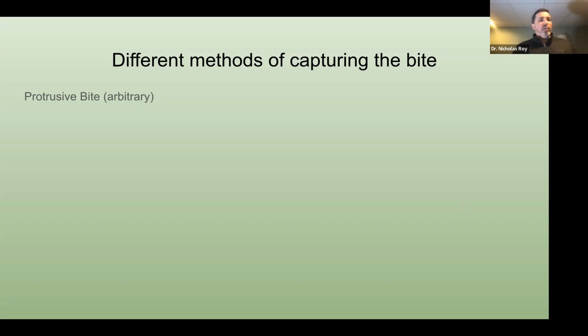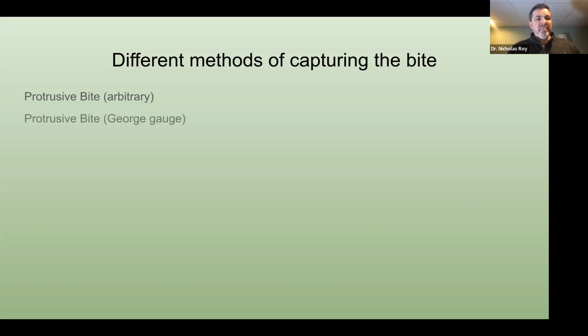Now keep your eyes closed, but then jet your jaw forward in a protrusive manner, not too far, just past edge to edge. Now breathe through your nose. Now you should notice an increase in airflow. This doesn't work with everybody. This works in people who have a very restricted or obstructed air passage. But this is a tool that you can use to show your patients that you can increase airflow by moving the